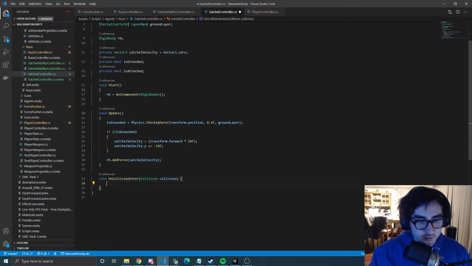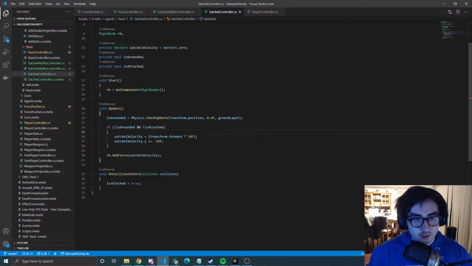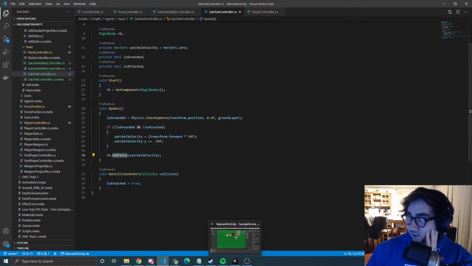And then honestly, right now I can just say is attached equals true. And then if is not grounded and is not attached. Eventually I just need to check it against an actual wall or players and stuff. I don't know, in Valorant can you